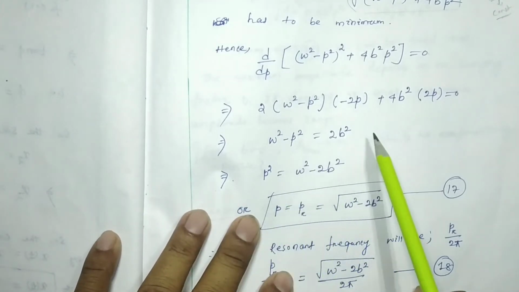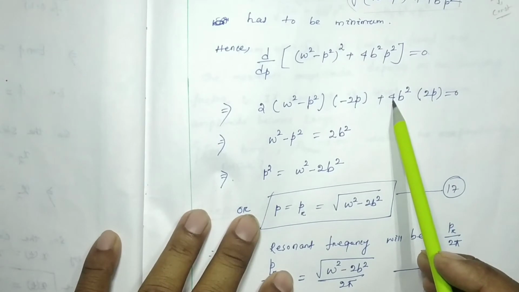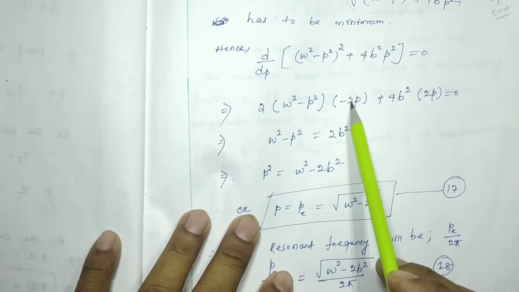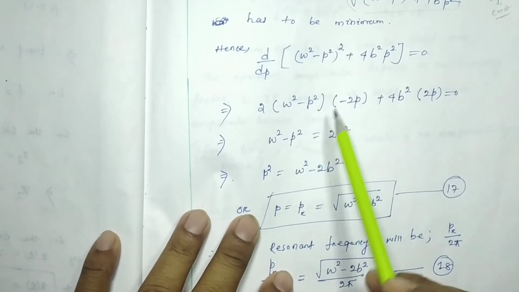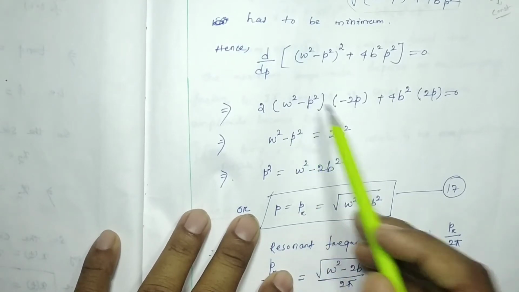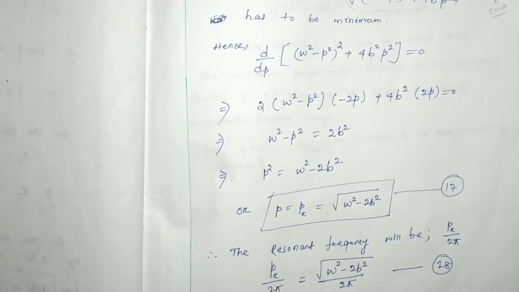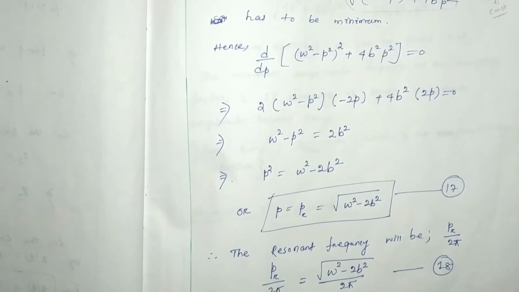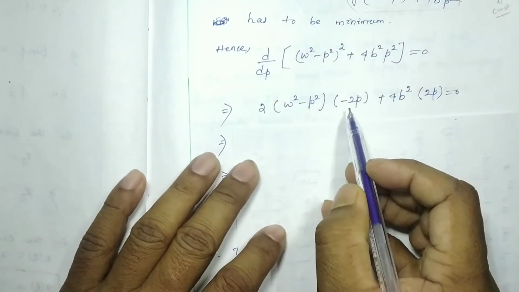You can see that here 4, here 2 into 2, will be equal to 4, but it is minus. Okay, so this can be written as omega square minus p square. But wait, I'm going to write for you. Here I omitted one or two steps, but it is very easy steps. You can do by yourself. You wait.